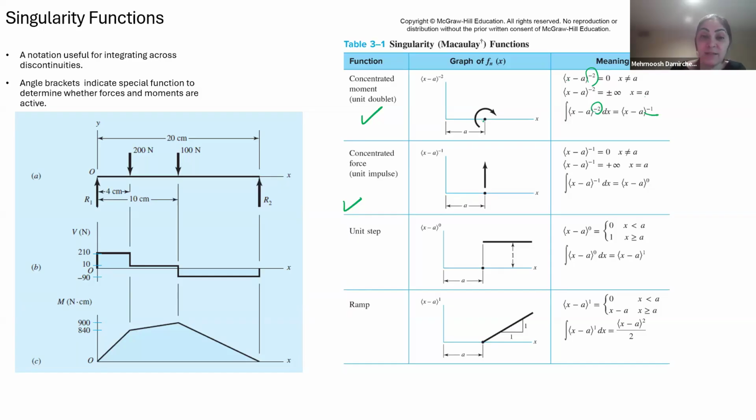But when we have the concentrated load, if you remember, I talked about that: when we have a concentrated load, the order of Q is -1, the order of V is 1 more than that, which is 0, and the order of M is 1 more than V, which means 1, as you see here. Q is x minus a to the power -1, yeah? The integral of that should be 0, and the integral of 0 should be M, that will be 1.